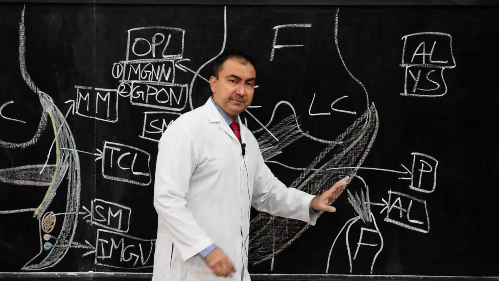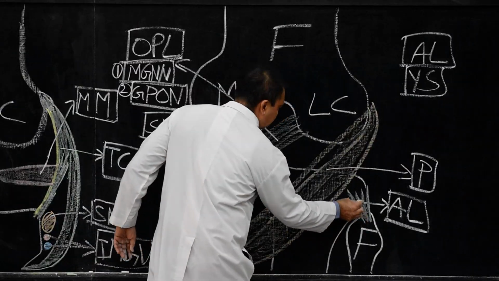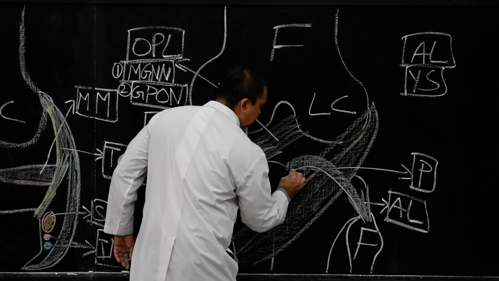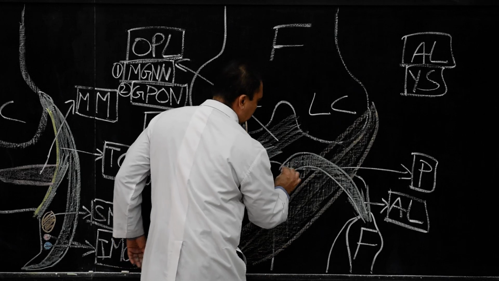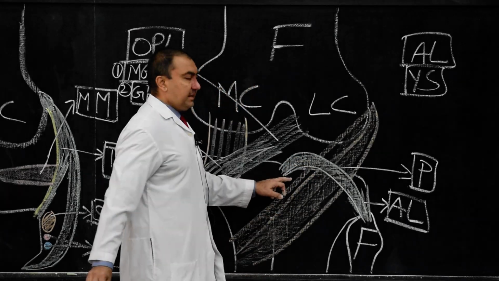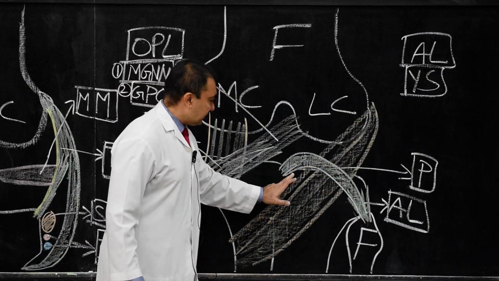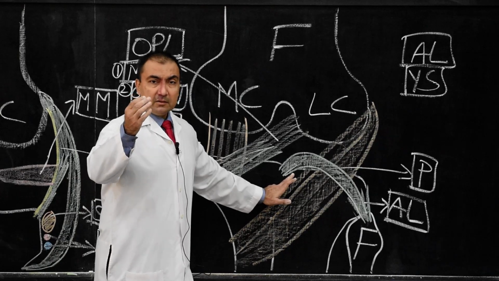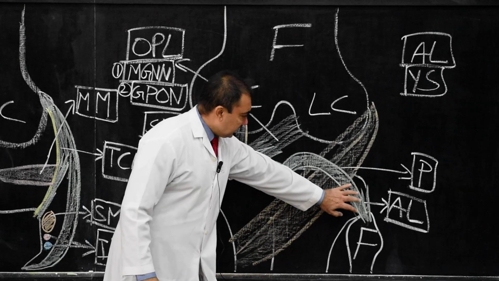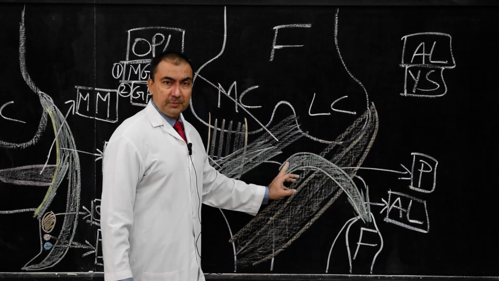It is divided into two slips, superficial and deep. The superficial slip will cover the popliteus muscle. So it is going to cover the popliteus muscle, and this slip will be inserted on, where is it inserted? On the upper part of medial condyle of tibia. It is covering the popliteus muscle and it will be inserted into the upper part of medial condyle of tibia. This is the attachment of superficial slip of the arcuate ligament covering the popliteus muscle.